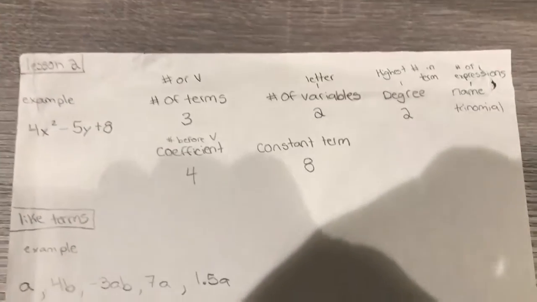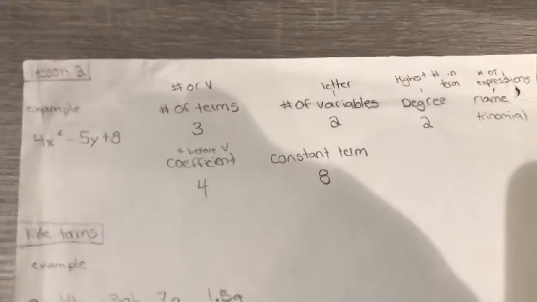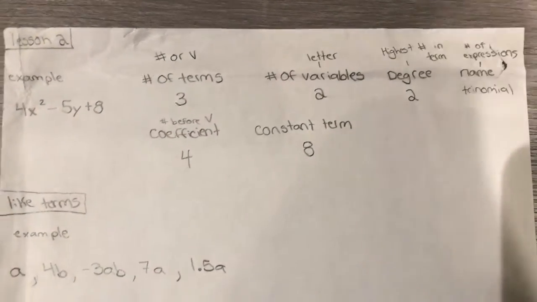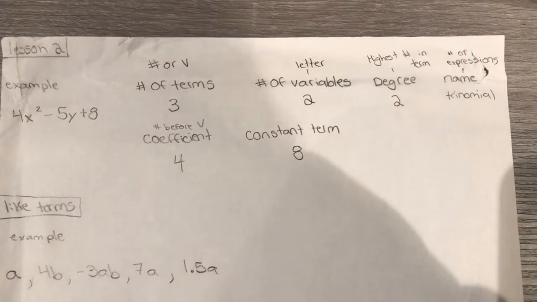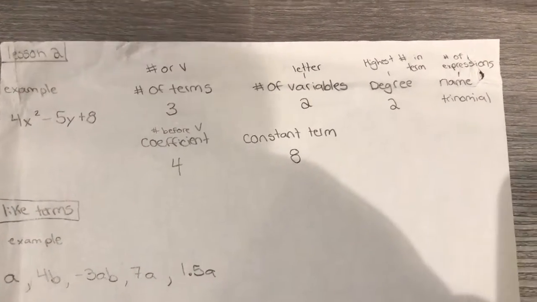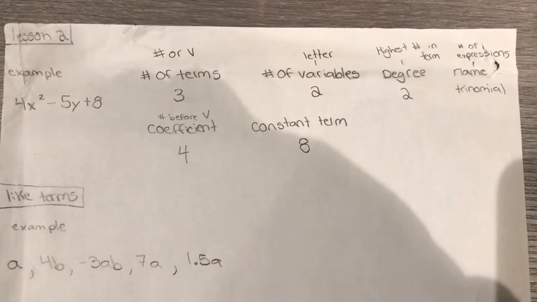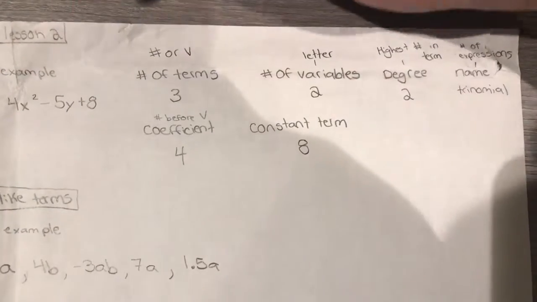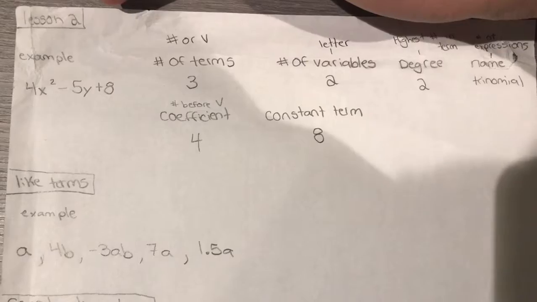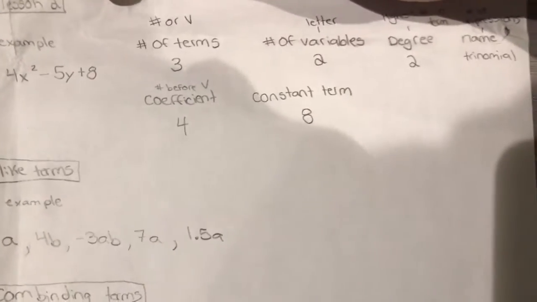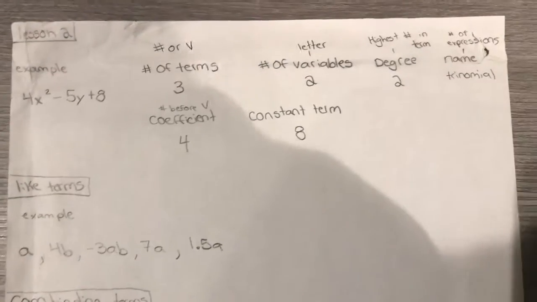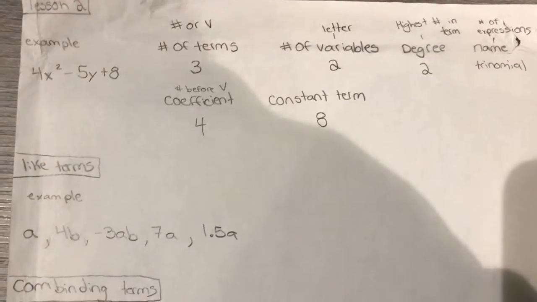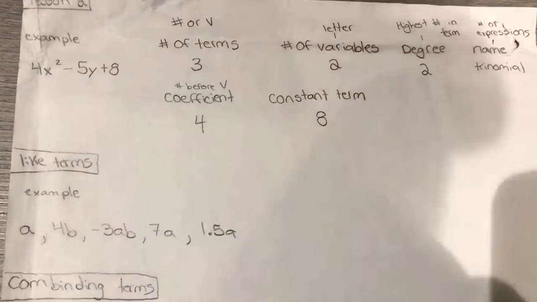In lesson 2, we learned lots of things. In this example, we have 4x squared minus 5y plus 8. The number of terms is the amount of numbers or variables, and this one has 3 because the first term is 4x squared, the second is negative 5y, and the third is 8. The number of variables is the amount of letters, and this one only has 2, and those letters are x